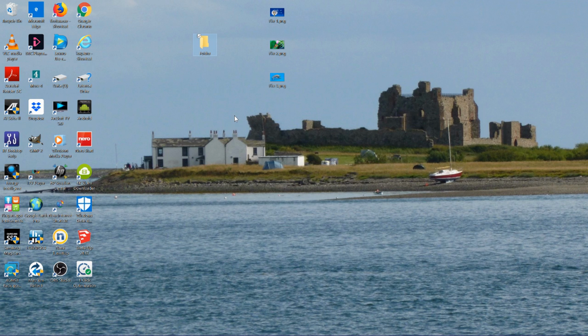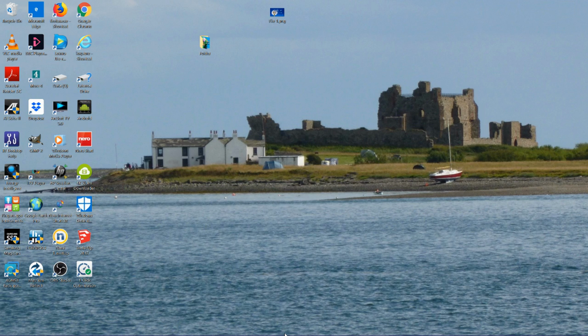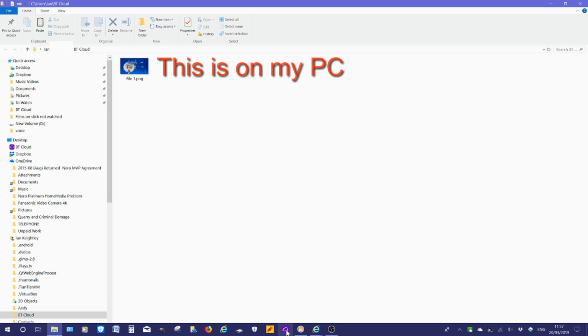I left clicked on the last option, and now anything that I drag into this folder or anything I cut and paste into that folder will automatically be sent to BT Cloud. If I take anything out of this folder, it will remain in the same place on BT Cloud. Synced folders are not copied to the sync folder on my PC, but they are synced to the cloud. However, uploaded files are. To prove this, I will click on BT Cloud icon, and there is the file I